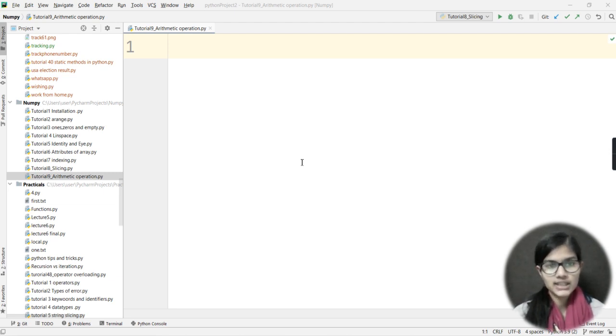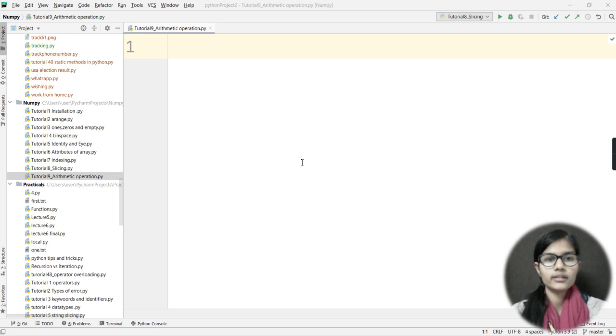Now we are going to start doing the operations, what are the things that we can do in the NumPy arrays. We'll be seeing the arithmetic operations, in the sense plus, minus, multiplication, division, modulus, exponent and all those things. What are these operations and how can we use them in this NumPy array. So now we'll be seeing all that.